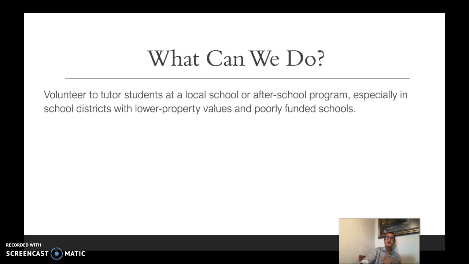So what, again, can we do? Let's start thinking about us as autonomous individuals in our society. What can we do to address these problems associated with education in the United States? Well, something you can do as college-educated students, recognize that you have a privilege. Being college-educated is a privilege. Not everyone has access to this opportunity. We are in a very privileged space. So let's use our education. Let's use the resources that we have at our disposal to help those that don't have the same access and